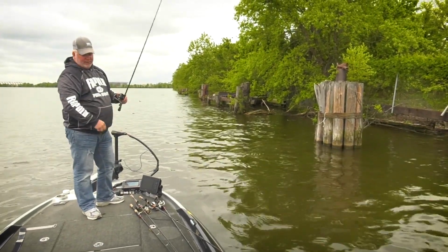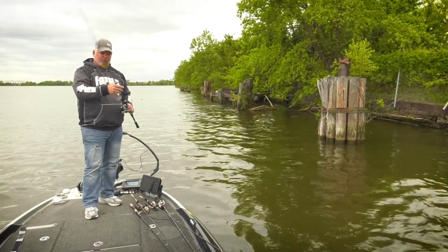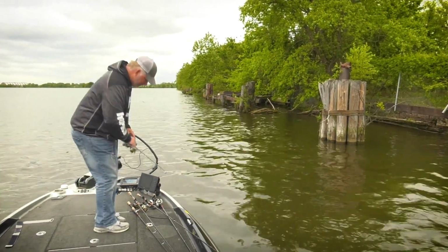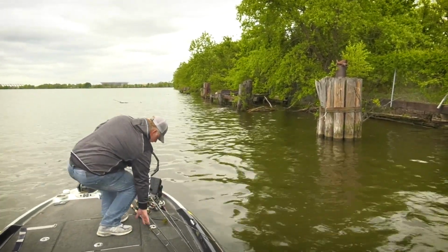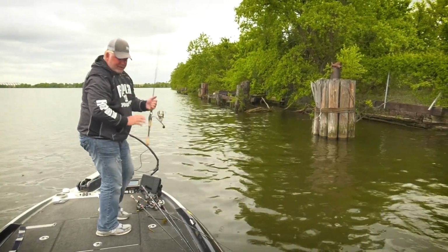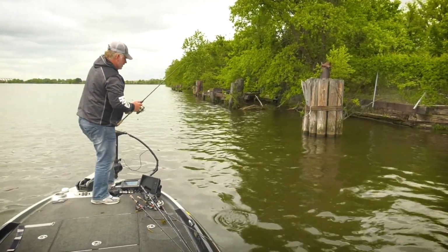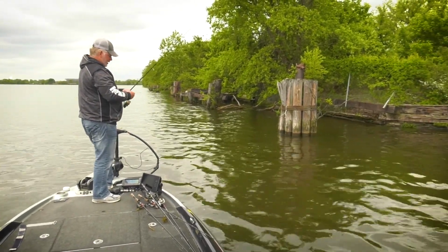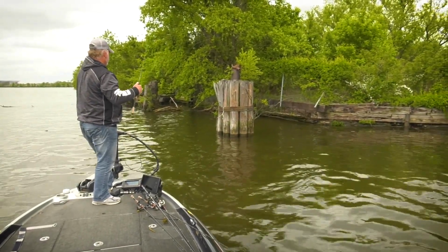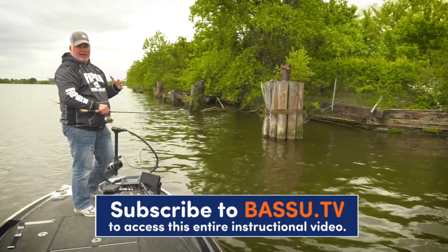Now, if this piling is super deep, which, a lot of the reservoirs that I fish around the country have bridge pilings that could be in 100 feet of depth. Something I really like to throw, in addition to a crankbait and a spinnerbait, a swim bait, they can be good, but sometimes in different conditions I got to use stuff like a shaky head. And I love to fish the shaky head for suspended fish on pilings. And I'm simply going to cast that up to the piling, count it down, 2, 3,